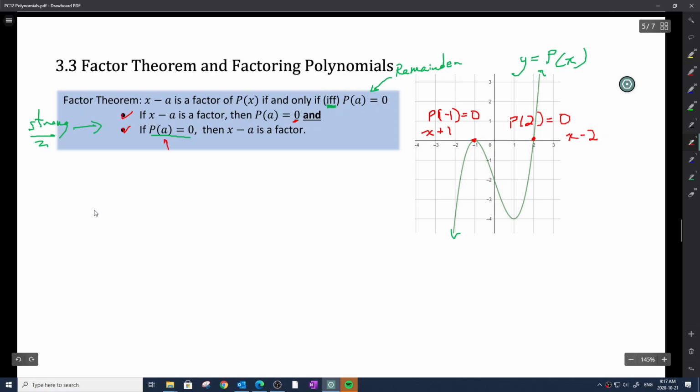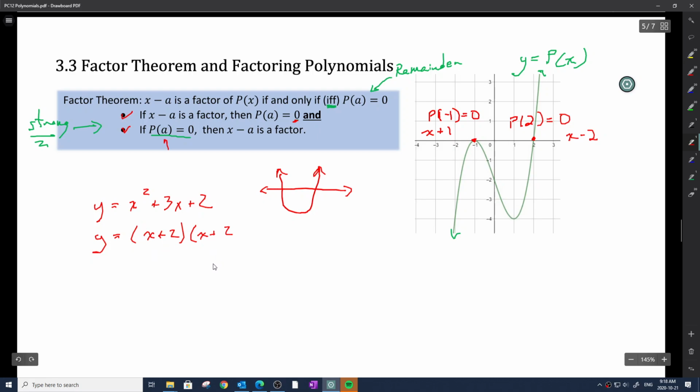Let us consider y is equal to x squared plus 3x plus 2. Now this is great. You may sketch this out. It's an upward opening parabola. Some of you are going to do this. So I'm just maybe trying to demonstrate the factor theorem just a little bit more. If I factor it into this,